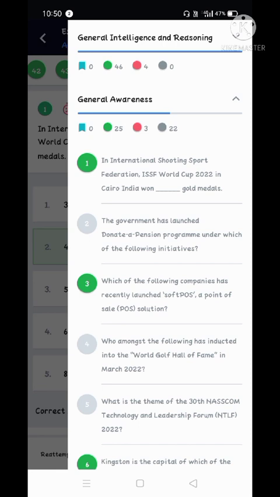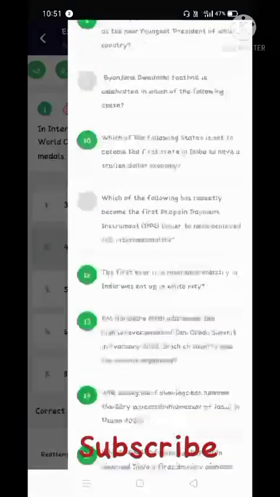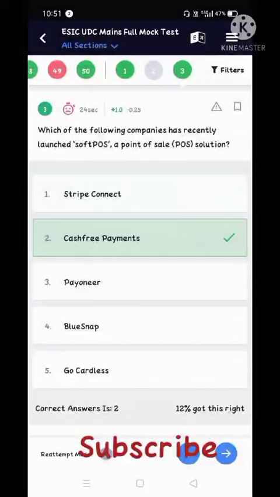That's why I attempted 28 questions and I didn't attempt 22 questions. So 1 2 1 3 8, that kind of questions asked. Basically in the general awareness portion, questions are asked from current affairs, the majority from current affairs. But in examinations, I think 55% of questions are asked from current affairs and 45% from static GK. So static GK is a majority creator in the ESIC UDC mains examination.